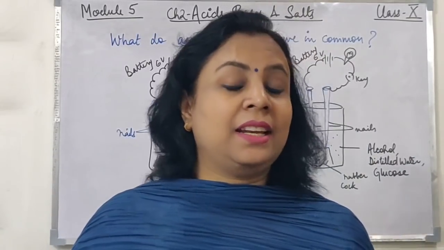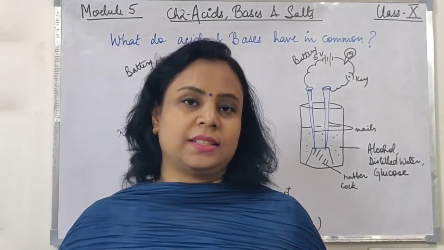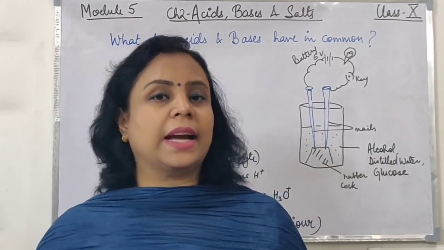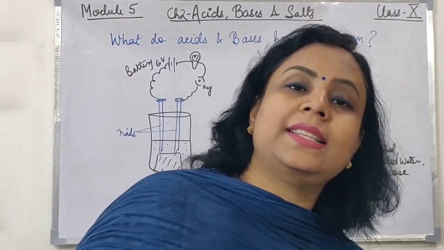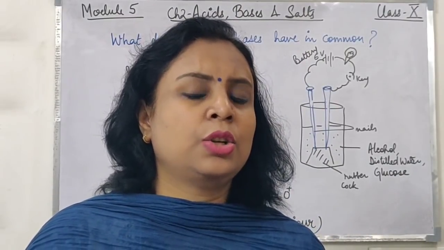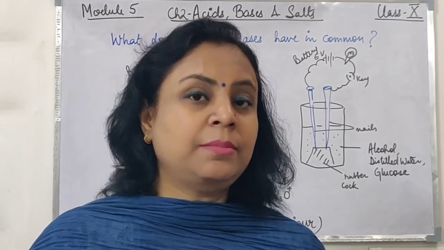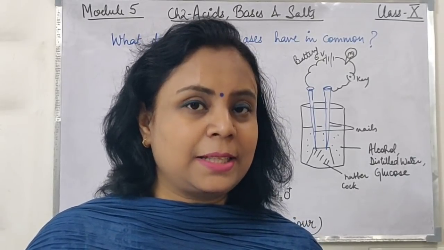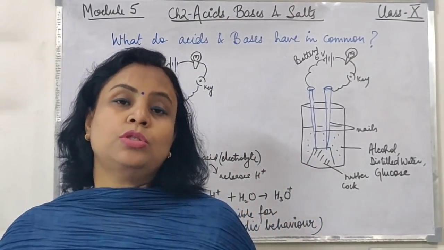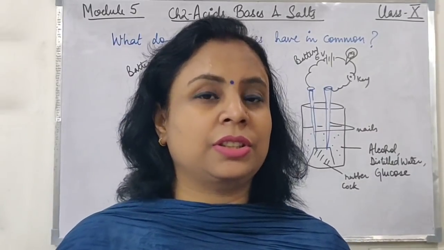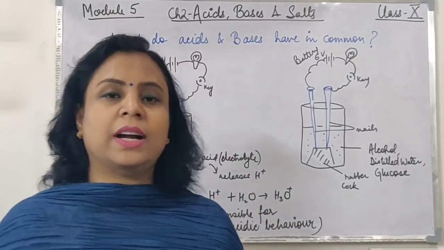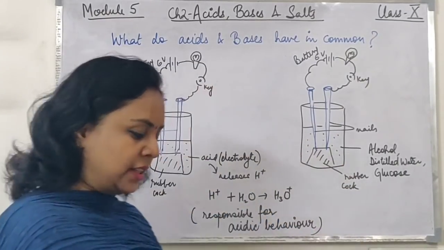Now children, we have seen that all the acids, whether it is sulfuric acid, hydrochloric acid or acetic acid, they all release hydrogen gas when they act upon active metals. So why do you think it happens? Something must be common to all these acids. Similarly, we have seen the behavior of bases, that most of the bases show a similar reaction. So there must be something common in these bases also. So we will try to understand this with the help of this activity.